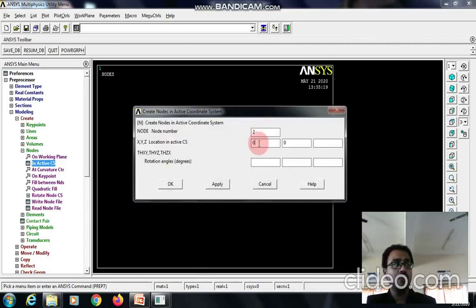For node 2, it is 1.8 and 3.118, give apply. For node 3 it is 3.6 and y is 0, apply. Then for node 4 it is 5.4 and 3.118.